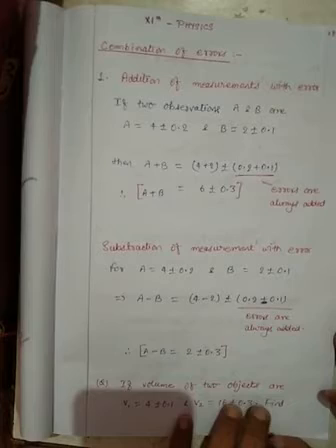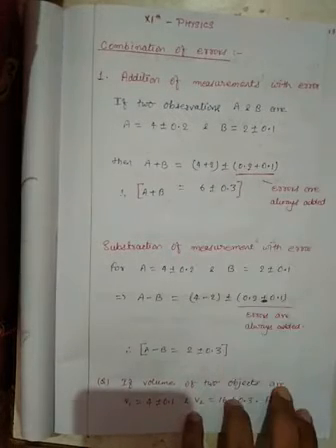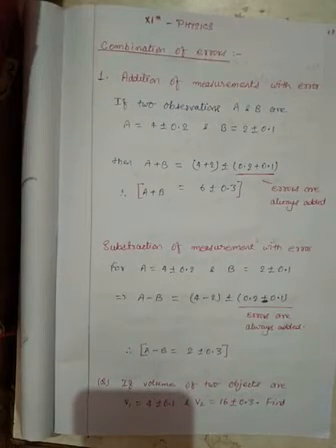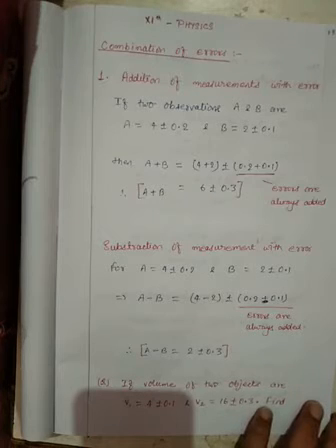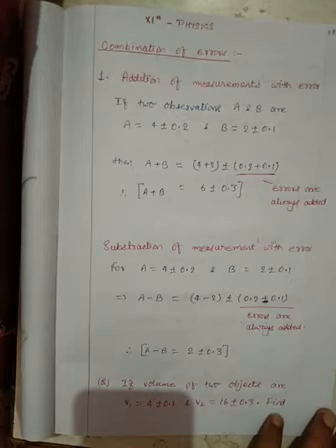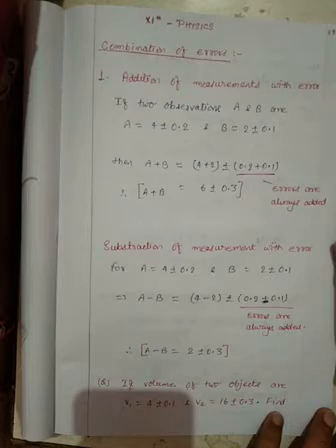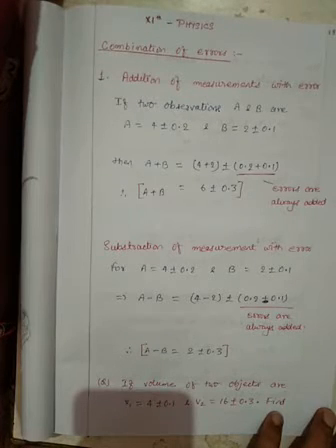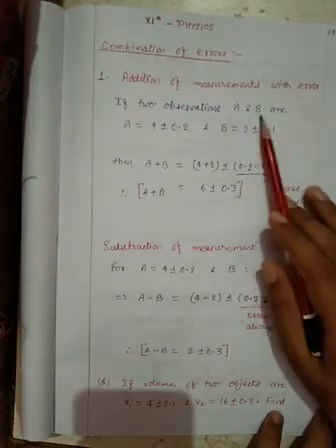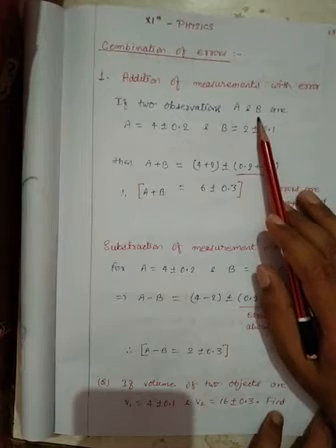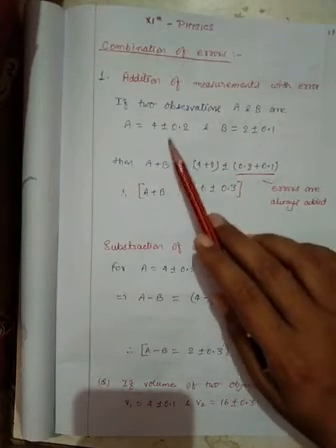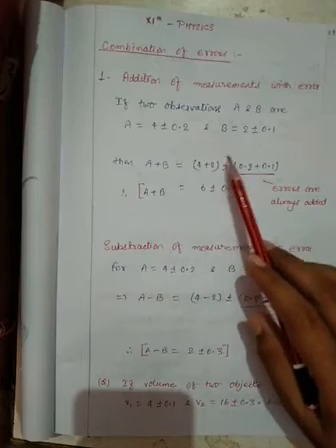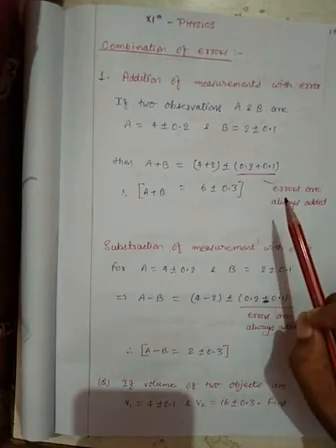So the first thing that we will learn is addition. What happens when two measured values are added together, and how is the result going to be influenced? I will take one common example for all the cases so that it will be easy to understand. Let's say I have two measured values A and B with certain errors: A is equal to 4 plus minus 0.2 and B is 2 plus minus 0.1.